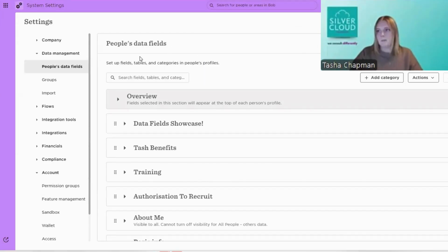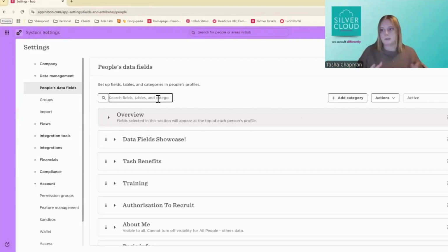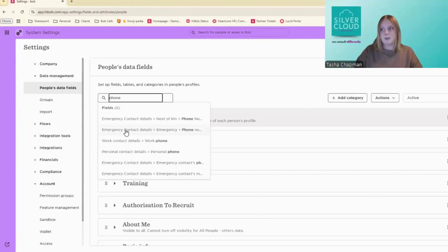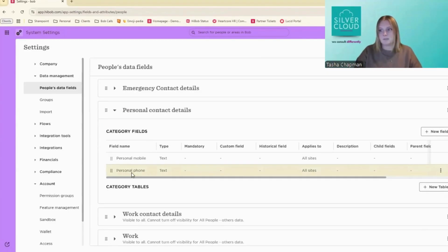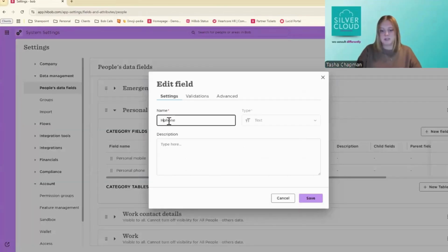We have our people's data fields. At the top left-hand corner, we have our search fields, tables, and categories. So if I know that I have a field in here that I want to be able to edit or add a bit more of a description to, for example, then I can do that in here. So if I search for phone, it will bring me up all of the fields that are in this section that have the word phone within it. So if I wanted to change that to personal phone, I've got in here, I've got personal mobile already, but actually if I wanted to call that home phone, for example, I can click edit here and just change that to